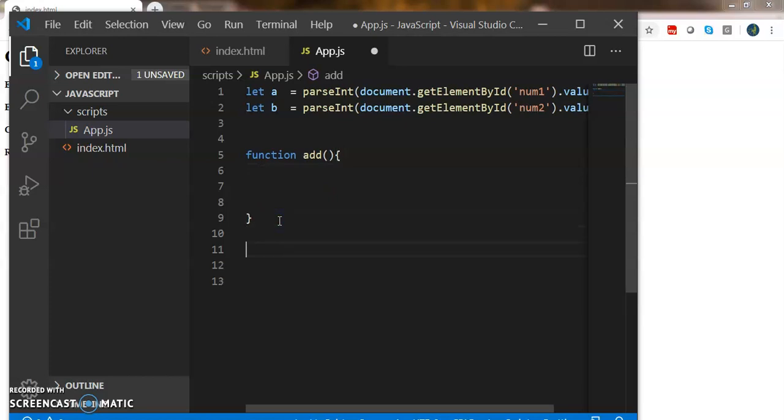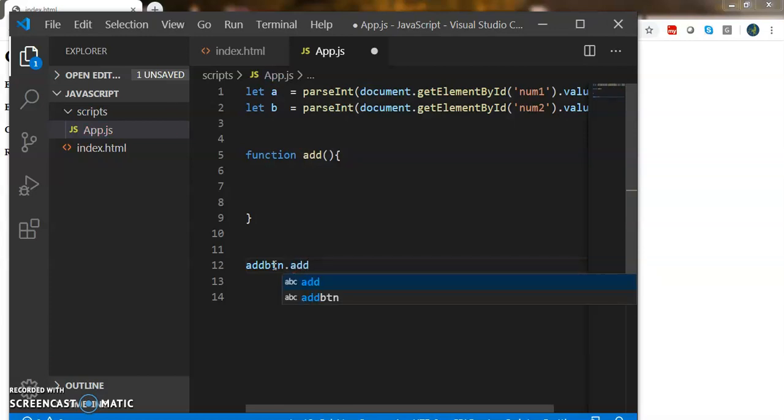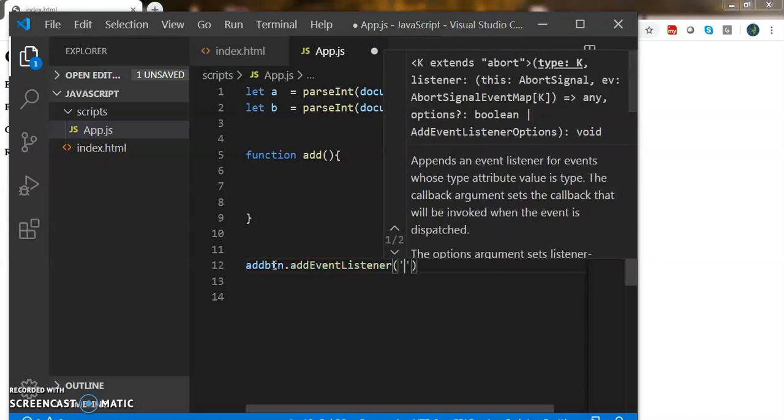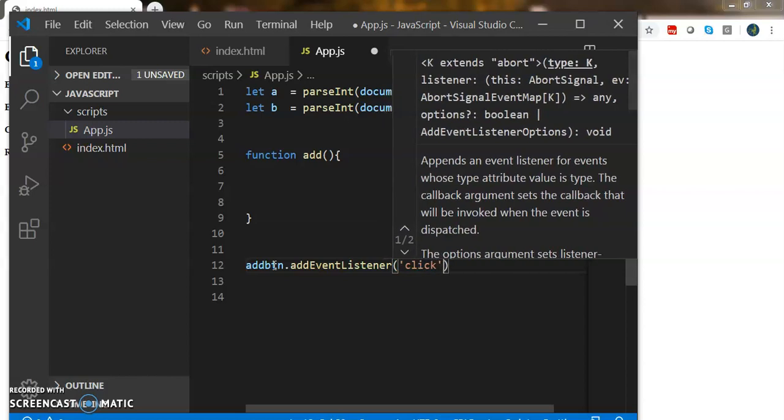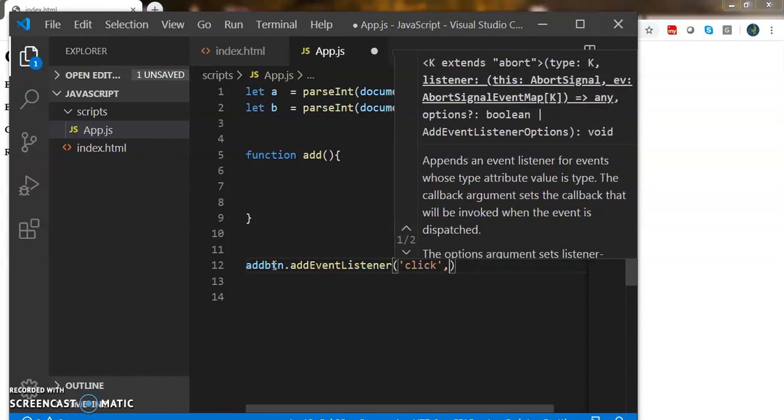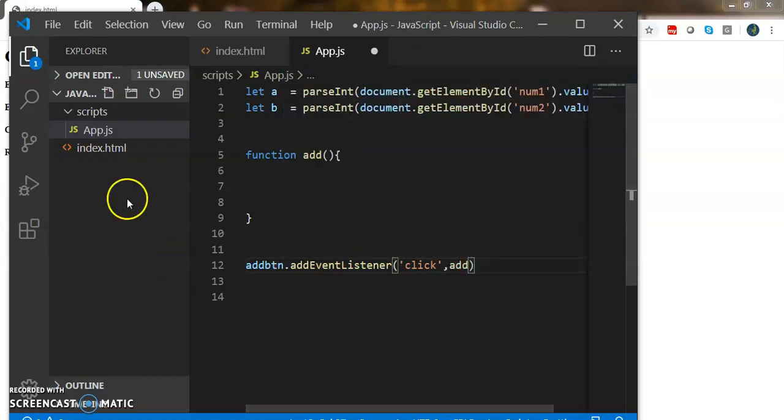First we need to add the event listeners for the buttons. For adding the event listeners to the buttons, just give the button id and use this method, addEventListener. Let's read the click event on the button on the operators and just give the function name.